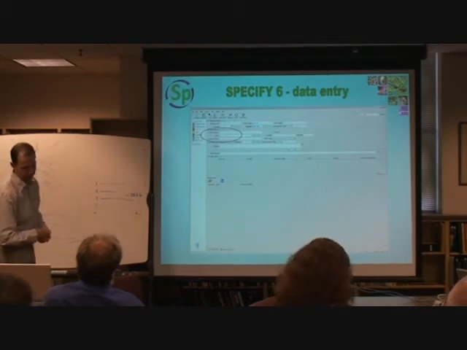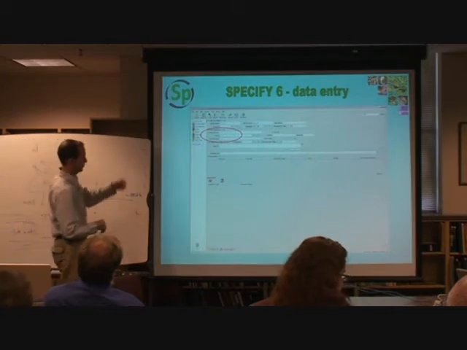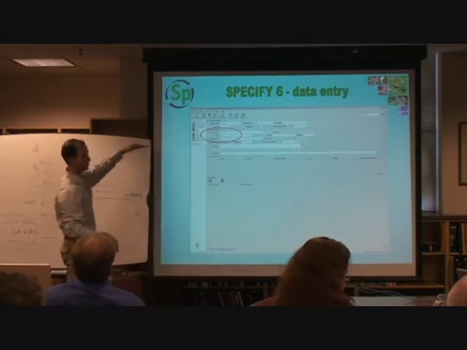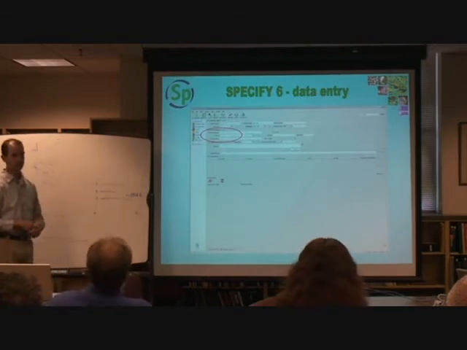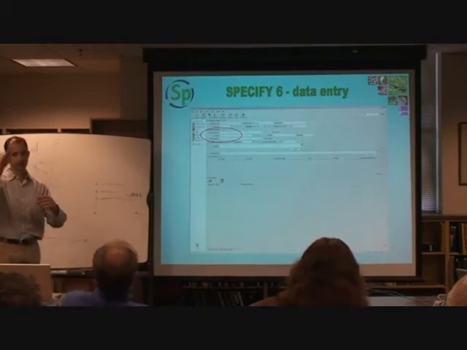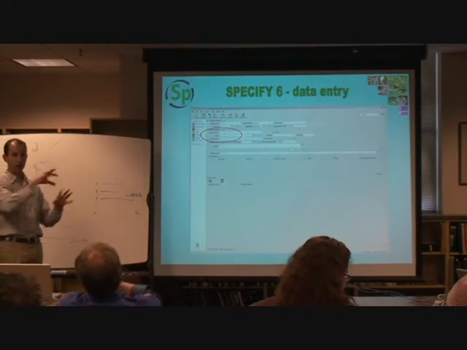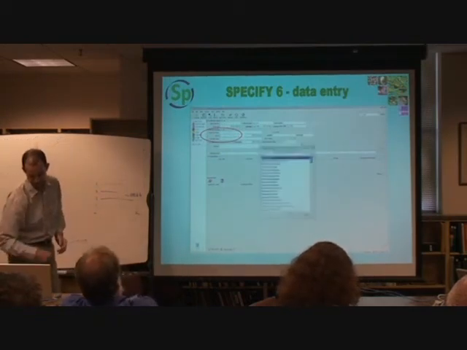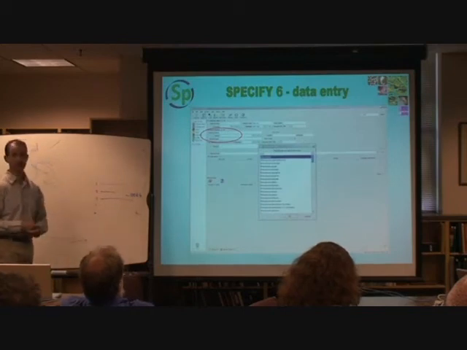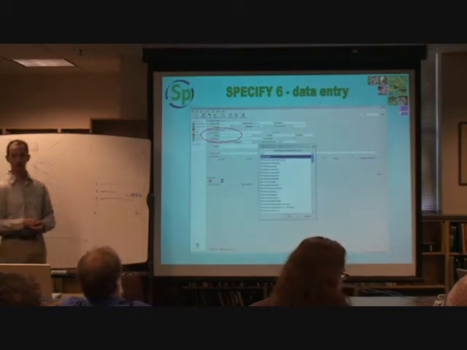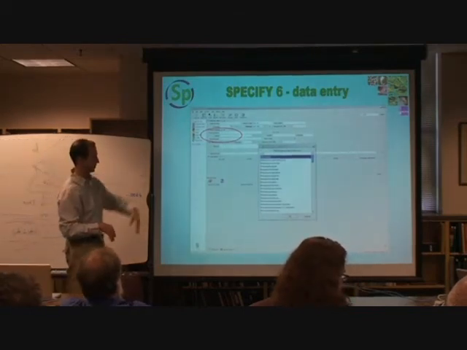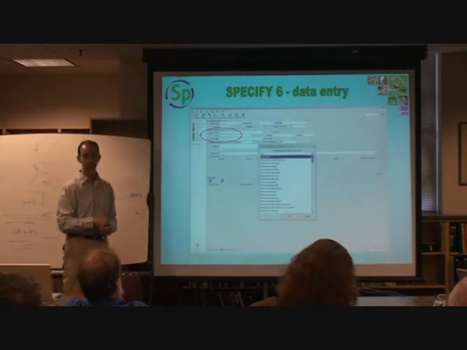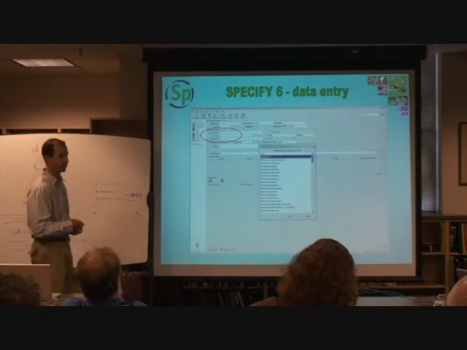One of the areas that we've expanded is the taxon area, where now you have 3 separate fields: a preferred taxon, and an alternate taxon. So now what you can do is you can go in synonymizing names. You can go in and type in a taxonomic name into that field. When you type in the taxonomic name, it'll come down with a drop-down list of all the available terms in your taxonomic tree. So you type in the first couple of letters and it comes down with a drop-down list of available options. You can either pick an option from the list if it's something that's already in your tree,